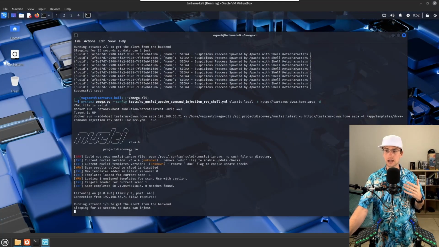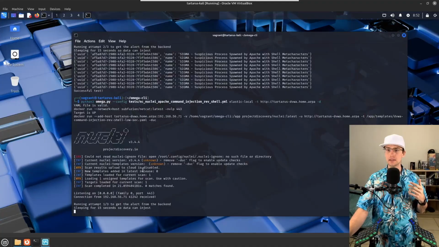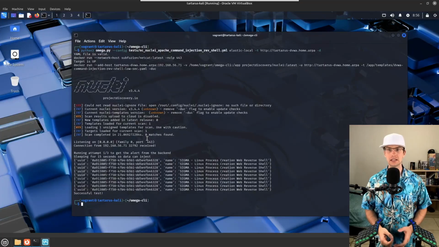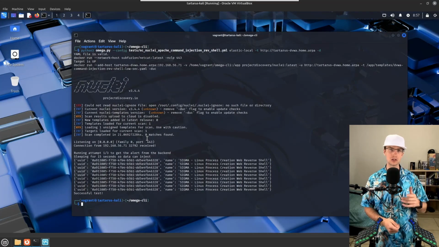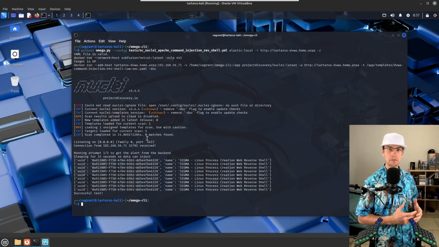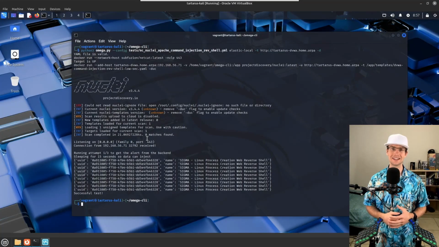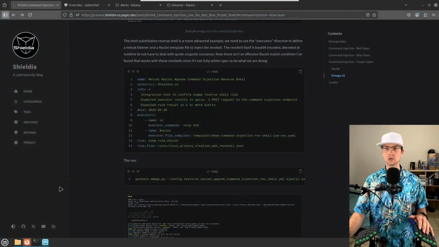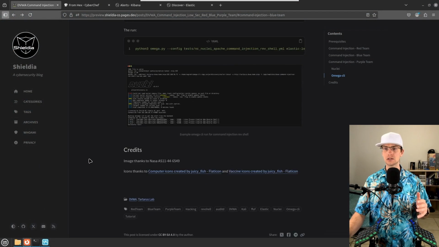It says here, okay, the specific command that we're going to be running. Now we can see the reverse shell has successfully been picked up by the Elastic SIEM. I just had to tweak the rule logic a little bit so that it could look for either bash or sh successfully. So with that out of the way, that is all I want to discuss with you today